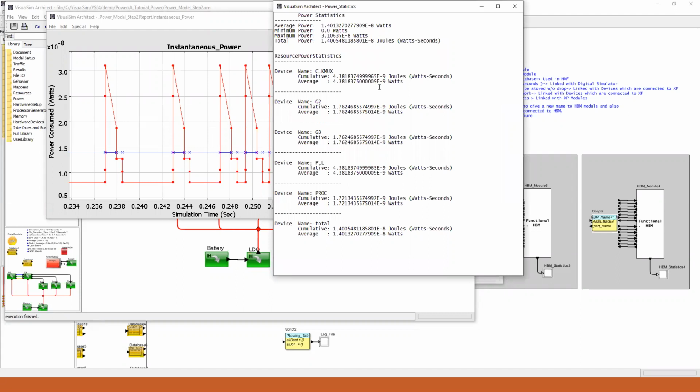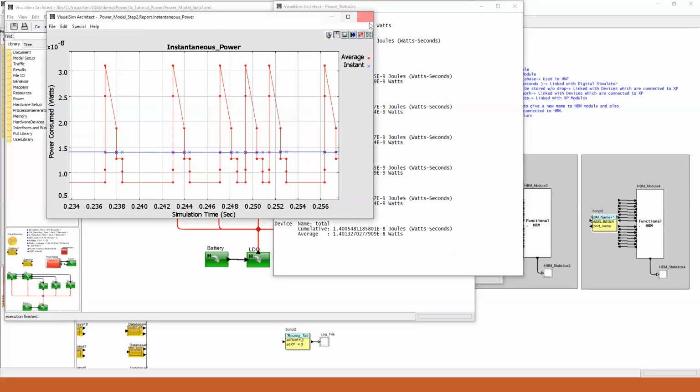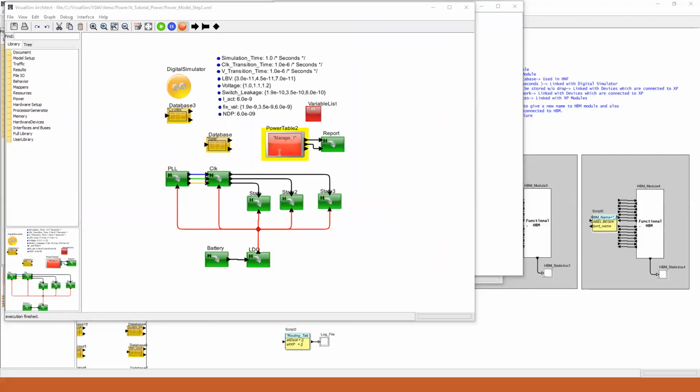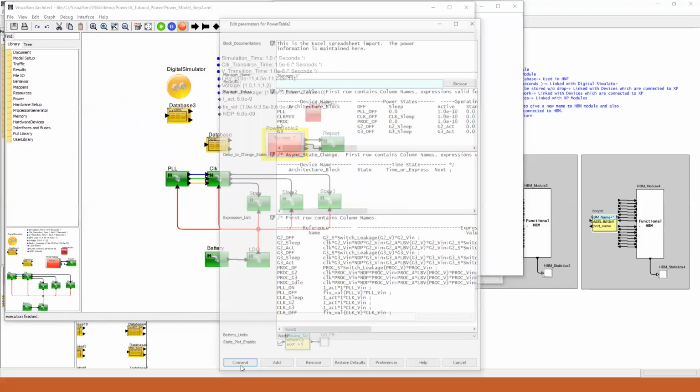So now it's not just about, okay, just give me a power number, a single number, but rather I'm looking at every point in time, cycle by cycle, what is happening in my design. What I can do from there is I can start expanding the power analysis to also incorporate